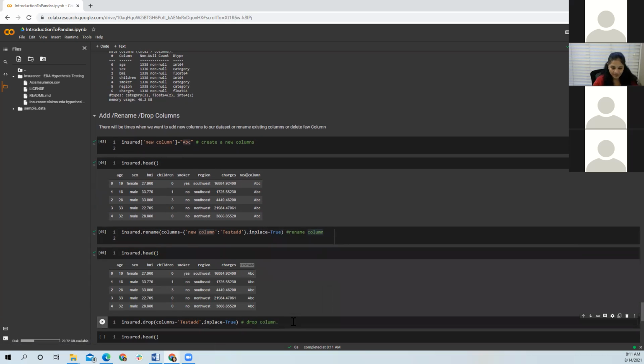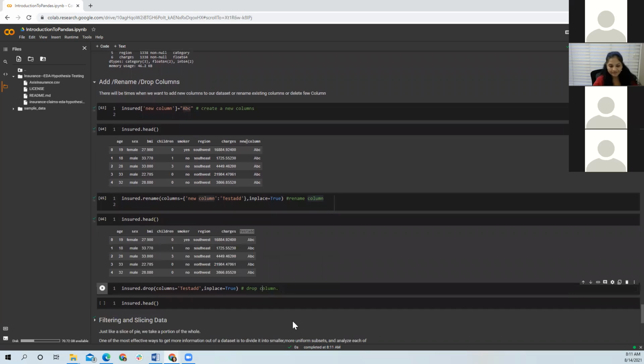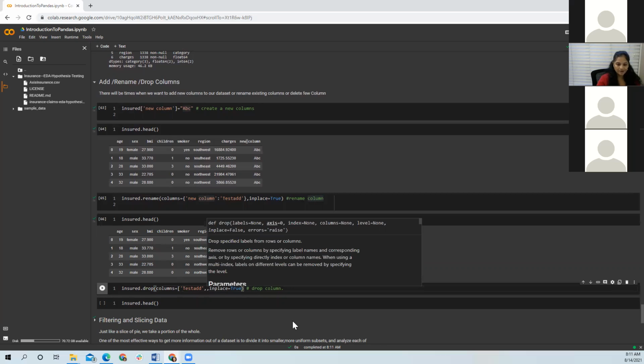I will drop this column because I don't need it. For deleting columns, as we've seen before, you use drop. You mention columns equals whatever the name of the column is. You can delete two or three columns if you want, you just have to mention them in the form of a list. The basic principle of Pandas is that if you want to work with multiple columns, you always pass them in a list.